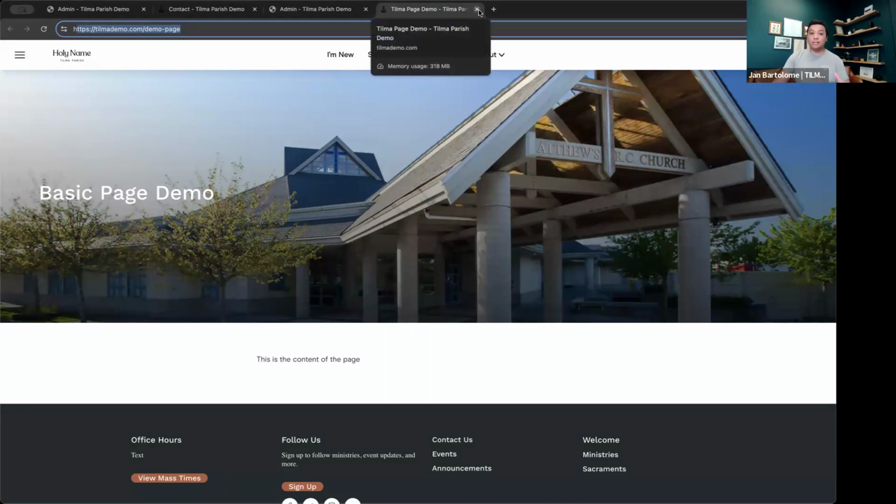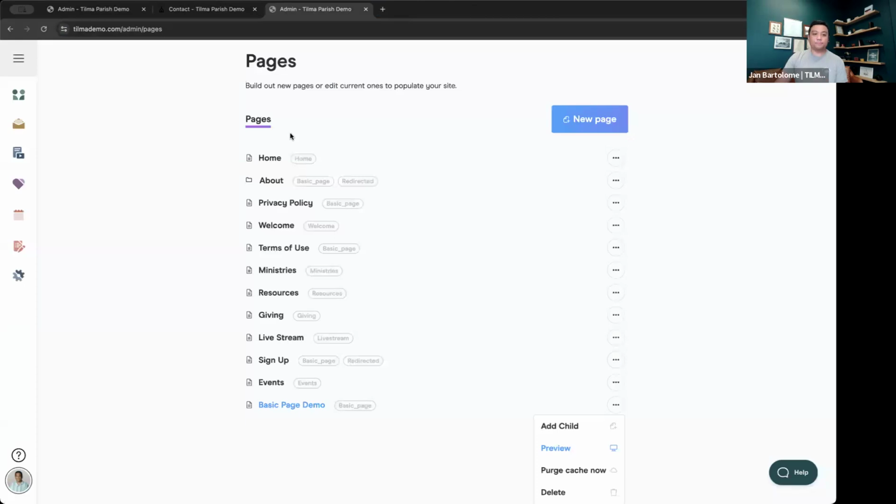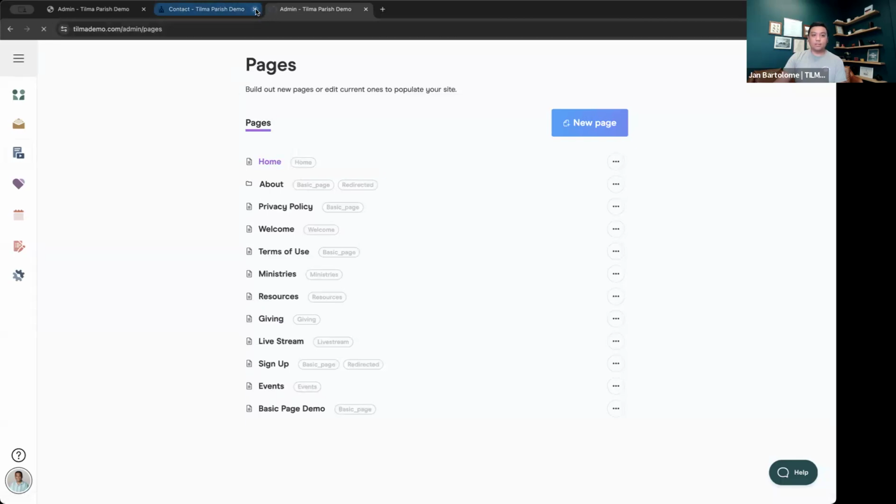So that's how you would display this new page that you've created for your parishioners or for your students or your site visitors. But let me go into some of these templated pages and we'll go over home, welcome, ministries, and maybe take a look at the difference between these pages versus a basic page where you have access to editing that entire page. For example, if you go into this home page of this Tilma demo site, the editor rather,